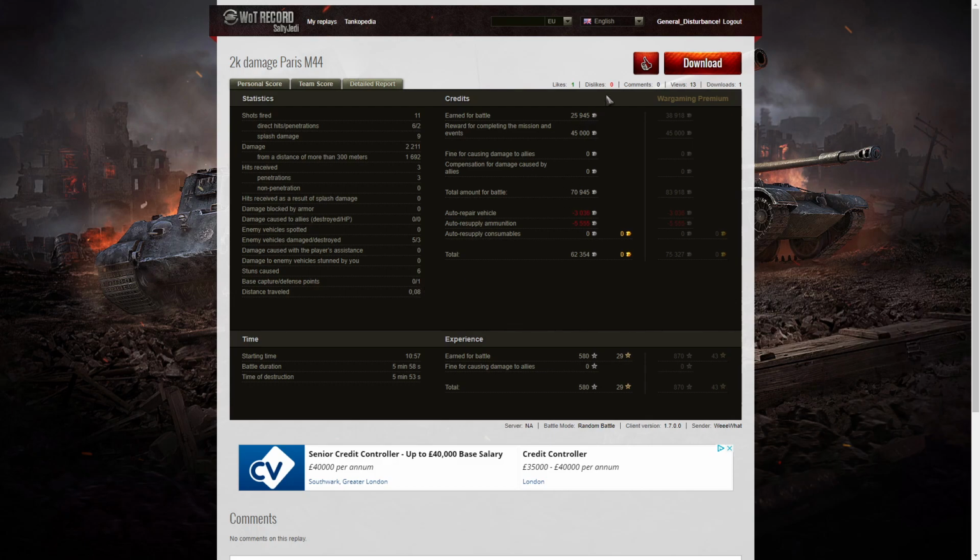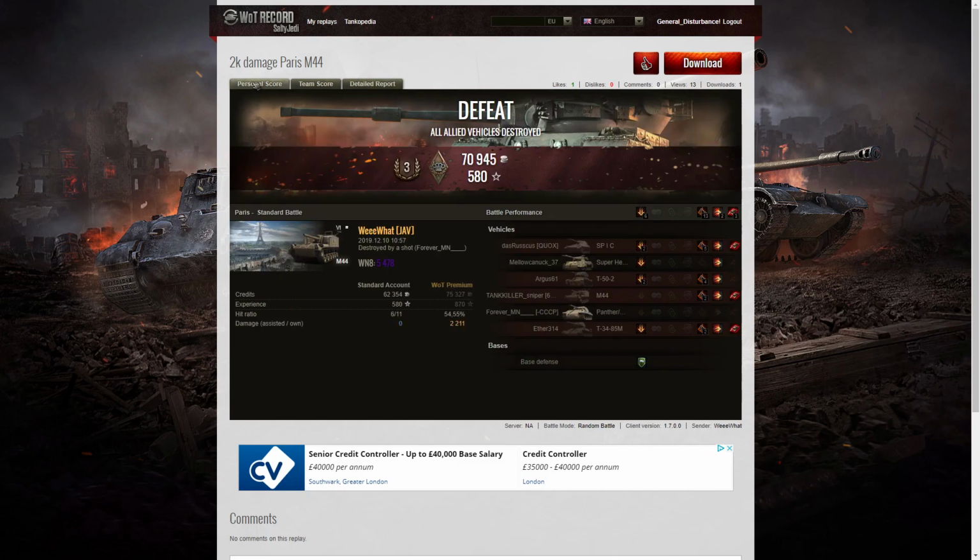On a free-to-play account, he earned 25,945 credits, got 45,000 credits for completing the mission, and 70,945 together. And after repair and ammunition resupply, took away 62,354 credits. He earned 580 base XP, and because this was a loss, there's no multipliers, so that's all the experience points he took away. So, sadly, a loss, but WeeeWhat's found another firing position which we can use, certainly from firing